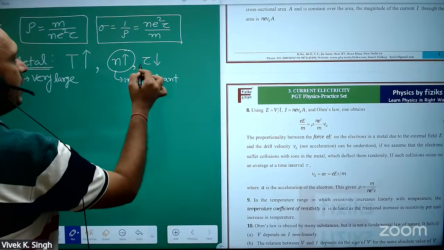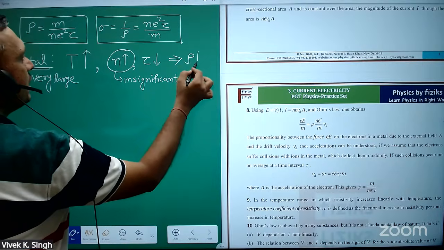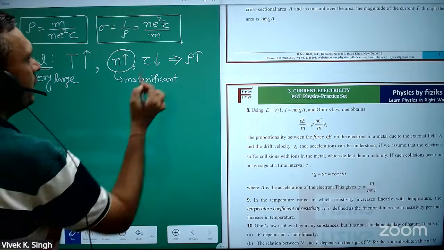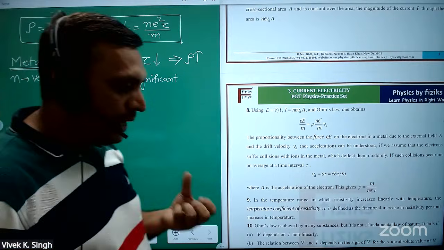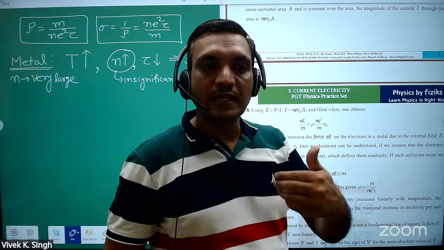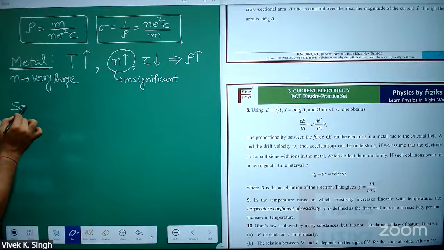So that's why the main dependence is tau, and this will give you resistivity. Tau will decrease, so resistivity rho will increase. So in a metal, the resistance of the metal will increase with an increase in temperature. But if you are talking about semiconductor material,